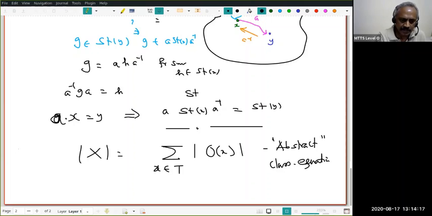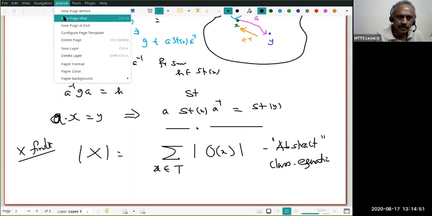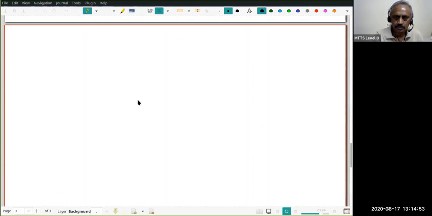Let us assume X is finite. Therefore, orbits are also finite. Therefore, look at the sum of the orbits. Now let us look at it. Before we go further, let us try to play with this. These are all finite, right? So once I have a positive natural number, what is the kind of thing we will ask for? Divisibility, right? And divisibility is best played with prime numbers, right? So let us ask for two. We will have some two kind of investigations in this case. So let me write.